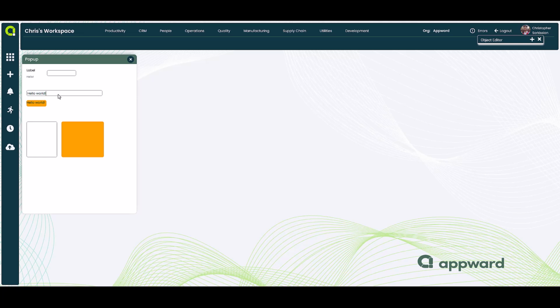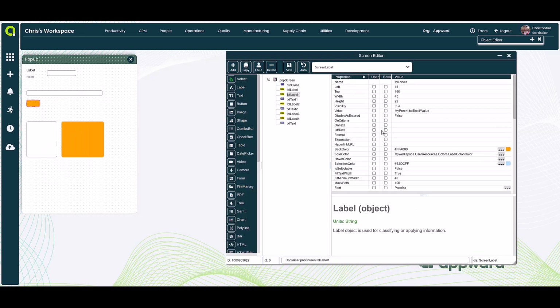Now if I keep typing, my name is Christopher. As you can see, it expanded up until it became 100 pixels wide, and then it moved on to the next line. If I were to instead come in here and remove this max width property,